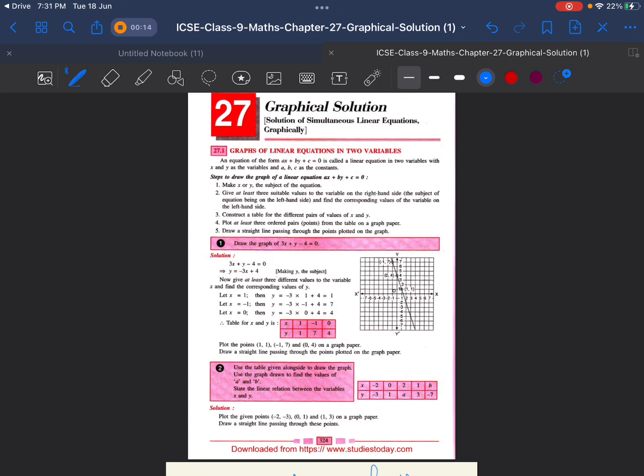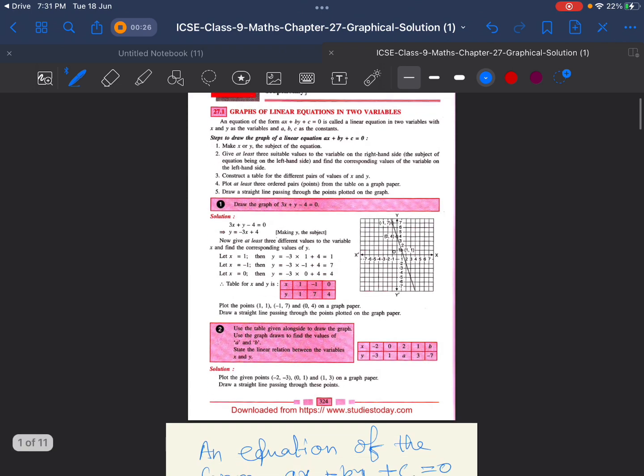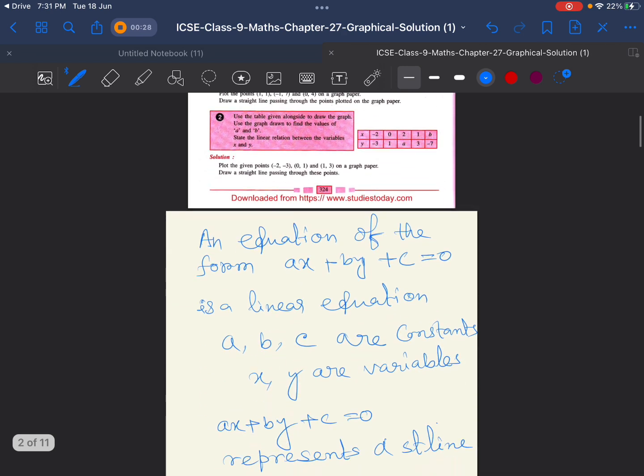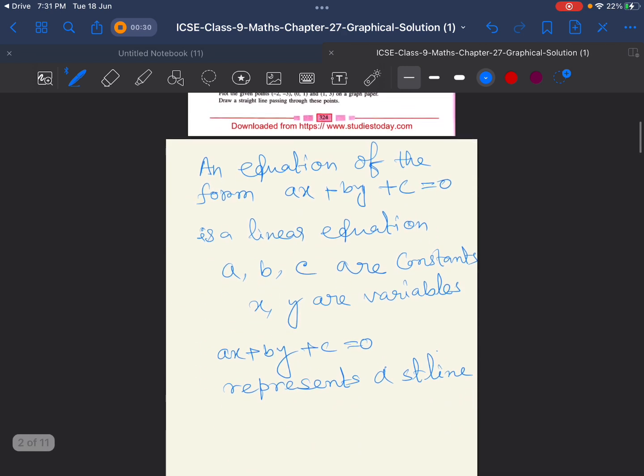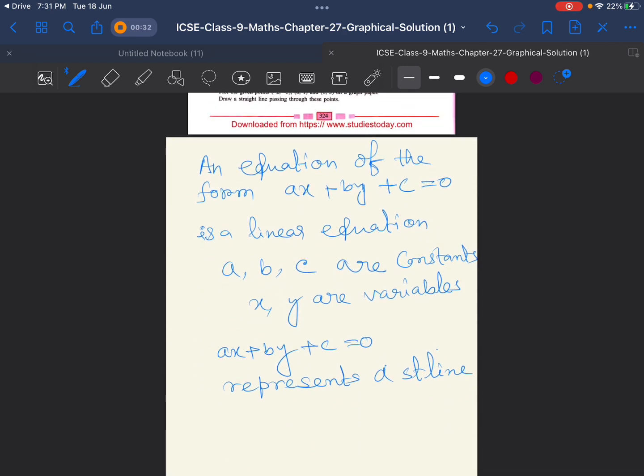Today I will discuss the chapter 27 graphical solution. I will give a complete solution on this chapter. This is a chapter of class 9 of ICSE Selina Concise Mathematics. Let's begin this chapter. So in this chapter,